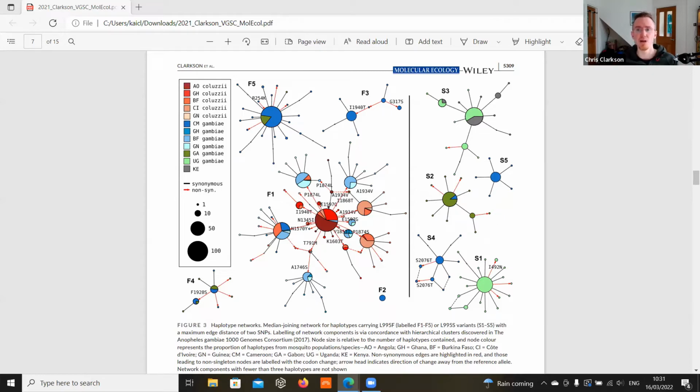So here what we've done is we have used 2,284 haplotypes. That's 1,142 mosquitoes, each with 2 chromosomes, one from the mum, one from the dad. We phased those into haplotypes. And then we've used a median joining network. The median joining network allows for the reconstruction and placement of intermediate haplotypes that might not be observed